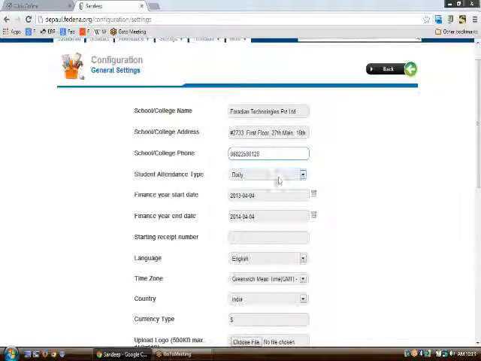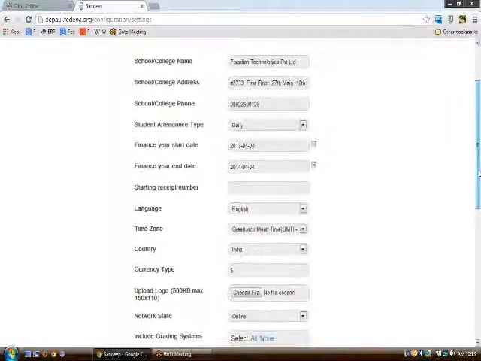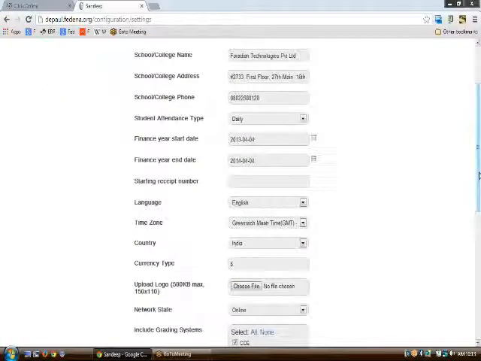Then if your attendance type is daily, you can use daily, and if your attendance type is subject wise, you can also use subject wise, based upon the preference of your institution. Then comes the finance year start date and finance year end date. You need to enter the finance year start date and end date respectively.